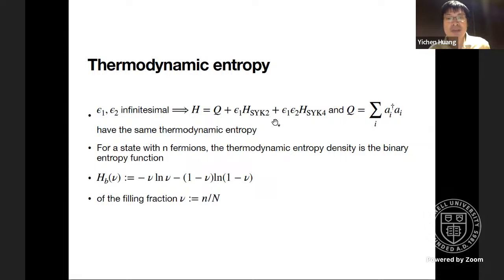And for epsilon 1, epsilon 2, here I choose them to be infinitesimal, but they don't have to be. As long as epsilon 1 goes to 0, I don't remember very clearly. For epsilon 2, it must be at least exponentially small in the system size in order for our proof to be valid. And for epsilon 1, it doesn't have to be exponentially small, but it still needs to be small in some sense with respect to